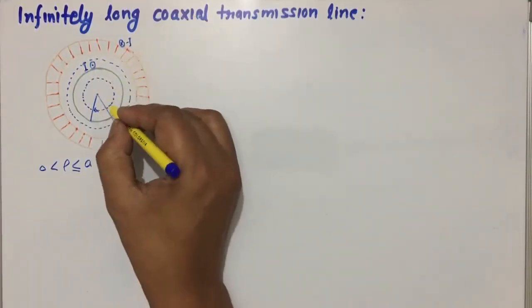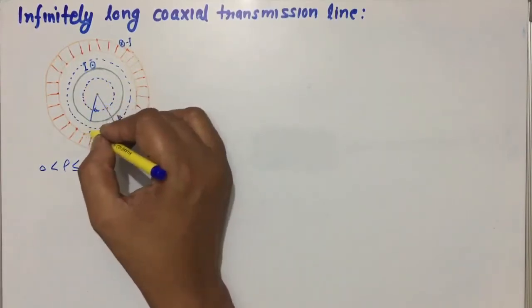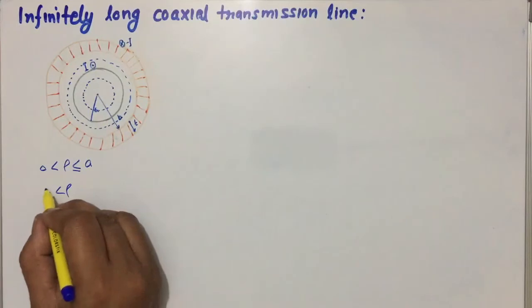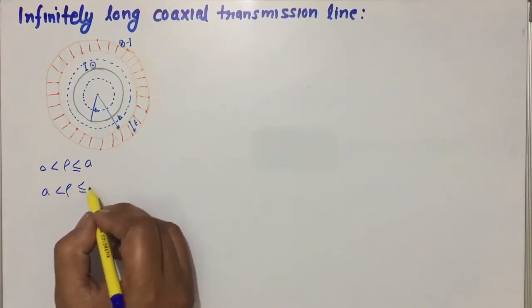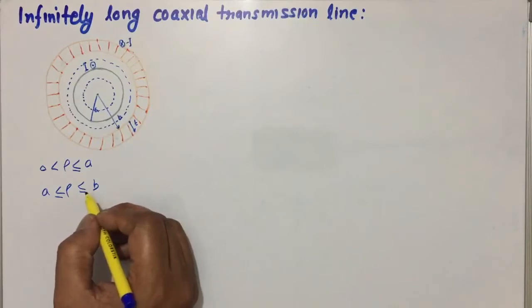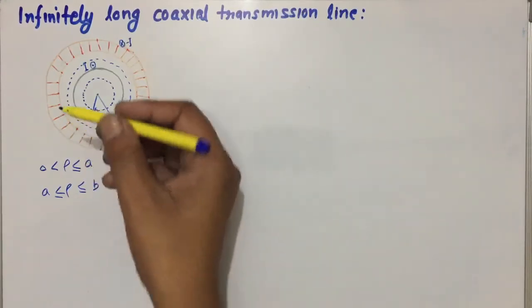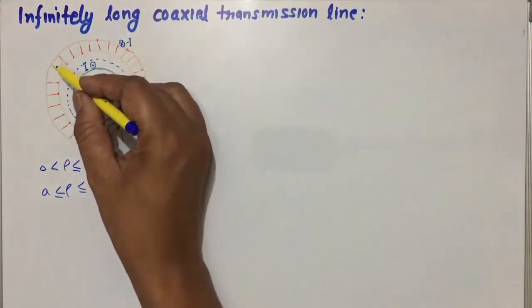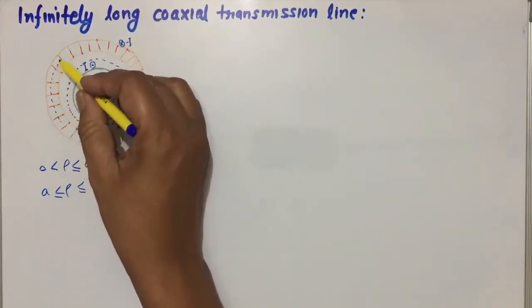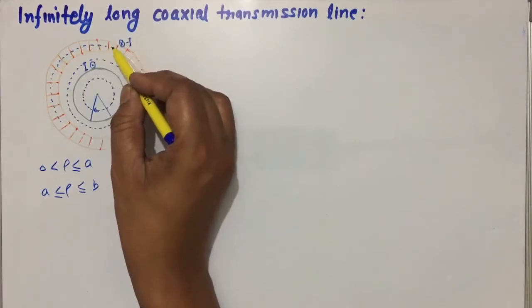This is the first Amperian path, this is the second Amperian path when it lies between a to b. And third is when our observer lies in the second conductor,